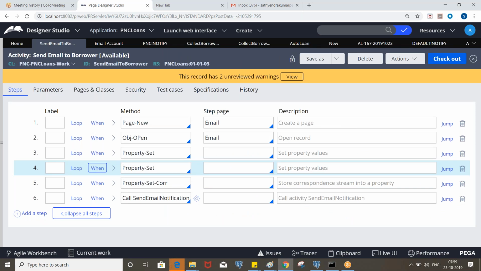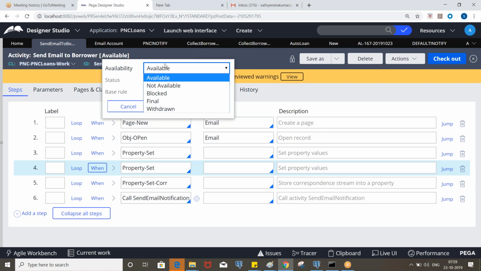The next concept would be the circumstance, and before that we need to know about availabilities. If you open or create any rule, you will see the Availability option. The default option will be available for all the rules.